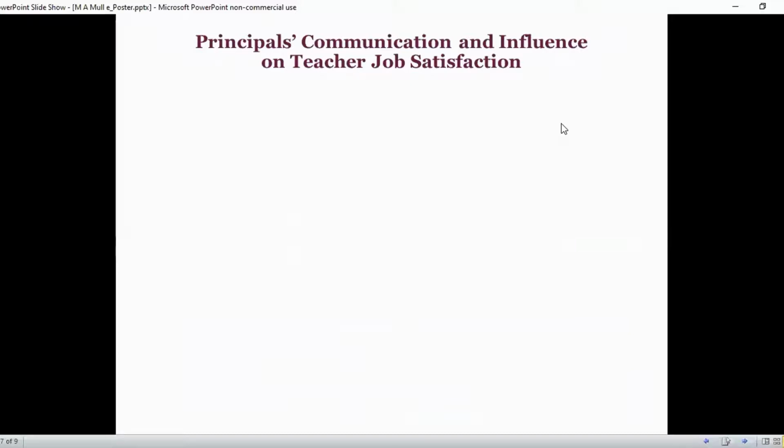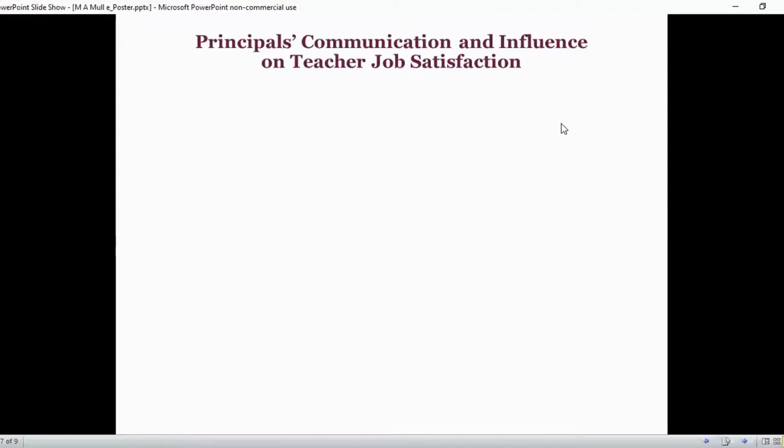Teacher job satisfaction in the United States started declining in the late 1980s, and based on the findings, principal communication was vital to teacher job satisfaction and district job satisfaction. The figure represented on this slide is an extension of the research questions and provides an explanation and demonstration of how the figures are integral to principals' communication and teacher job satisfaction within the context of a circular